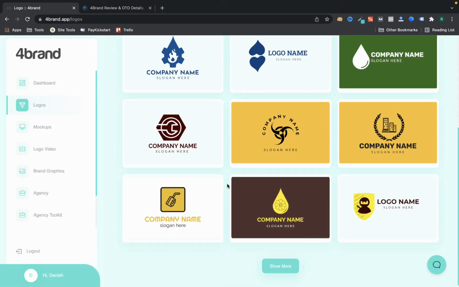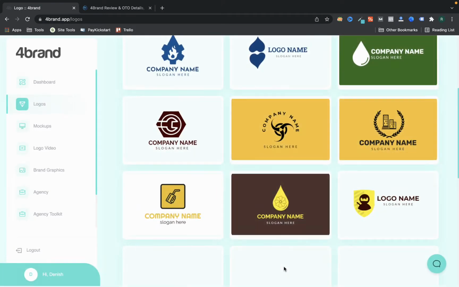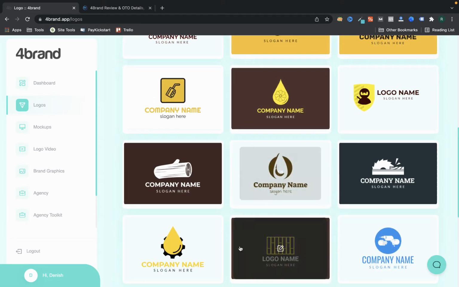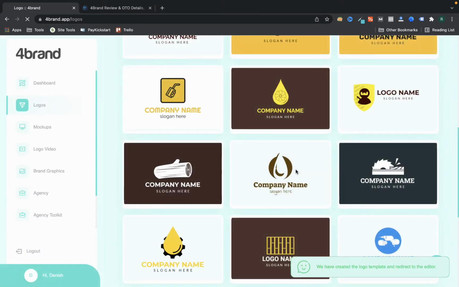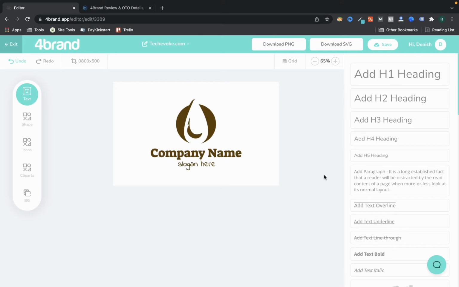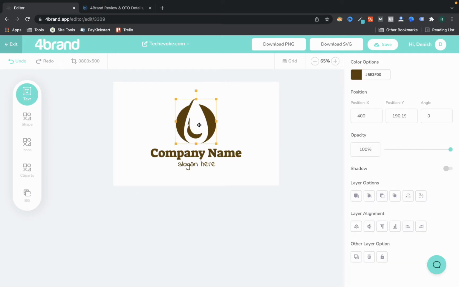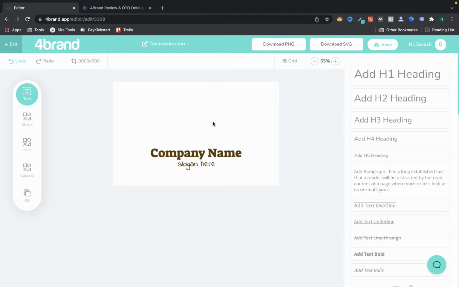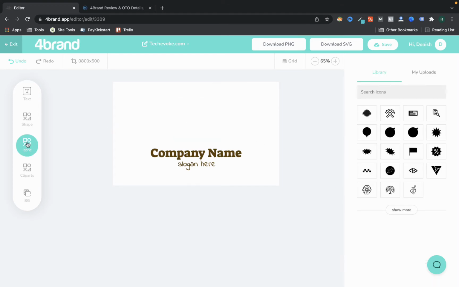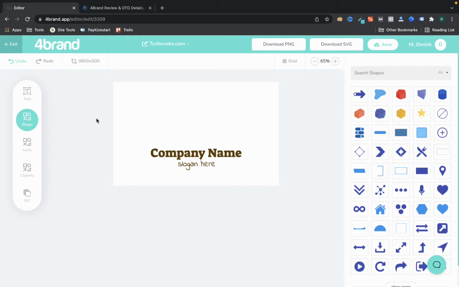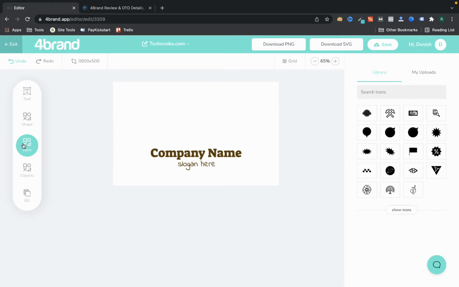Now here you have to select a template for your logo. I'm just going to select a random template for this video, and if I don't like this particular icon, I can delete it. On the icon part, I can also add shapes and such, but shapes on the logo will not be that great.